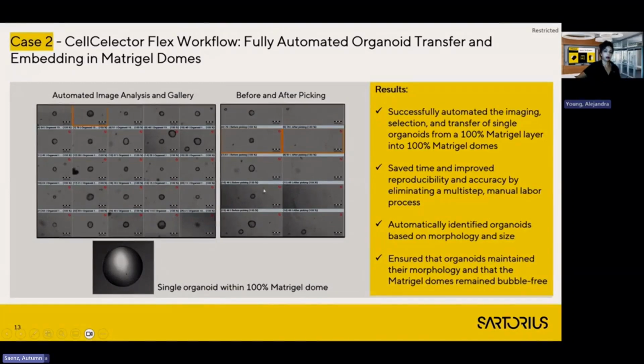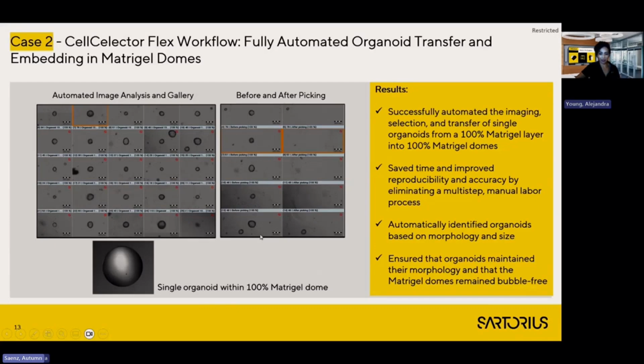I'm here also presenting more documentation for this experiment. On the left, I have a 25 organoid gallery that we selected for picking for this experiment. And on the right of that figure, we have the before and after images that were generated by the cell selector.